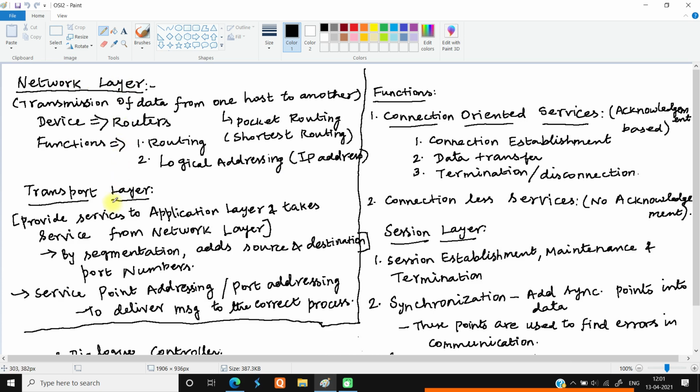The next we are going to see about the transport layer. So up to the network layer, the hardware part is getting over. So this hardware part is going to be connected with the software part with the help of this transport layer. So this transport layer provides the service to the application layer, which is on the software side, and it takes the service from the network layer. So that is on the hardware side. So by taking the service from the hardware side and providing the service to the software side, it will be doing the packets to be switched between the hardware and software by adding the source and destination port numbers,